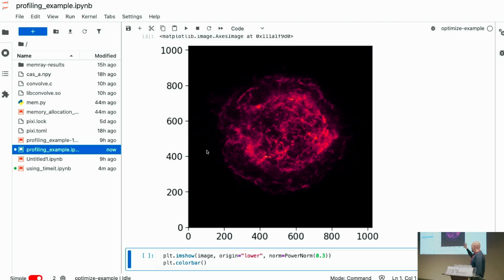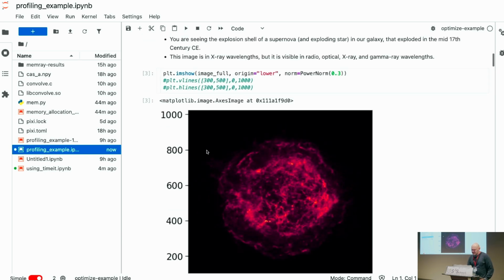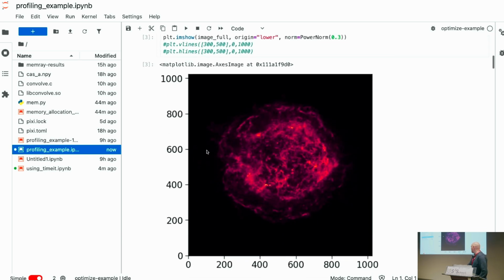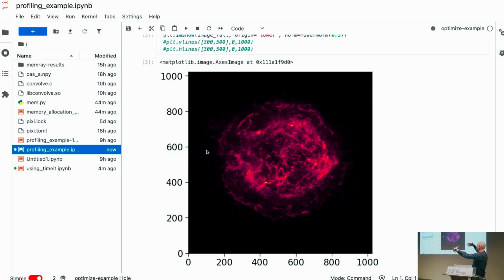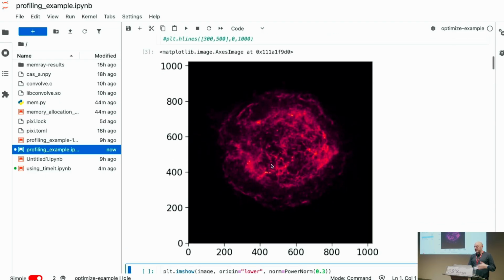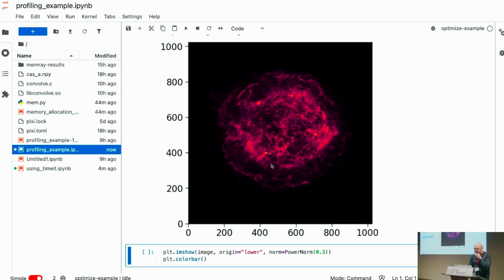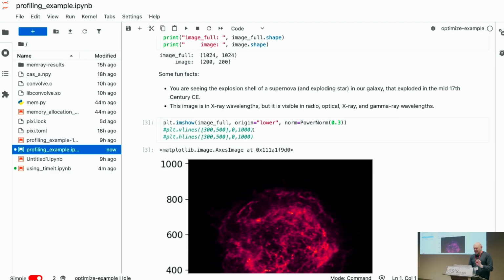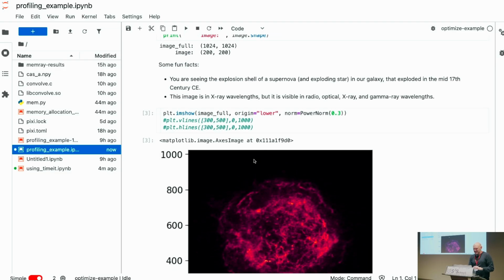So what you're seeing is X-ray emission in a particular waveband of a star that exploded, basically in the 17th century, I think. And you're seeing the material that's expanding outwards and accelerating particles and other things in here. So this image is quite impressive, but it's the sort of thing we look at all the time. And actually, I realized this image when I started playing with this example. The image here is